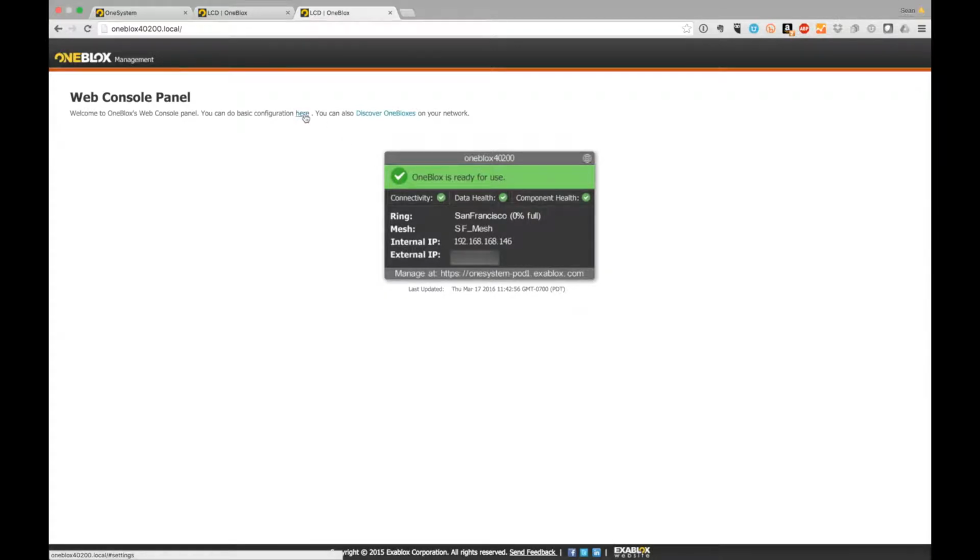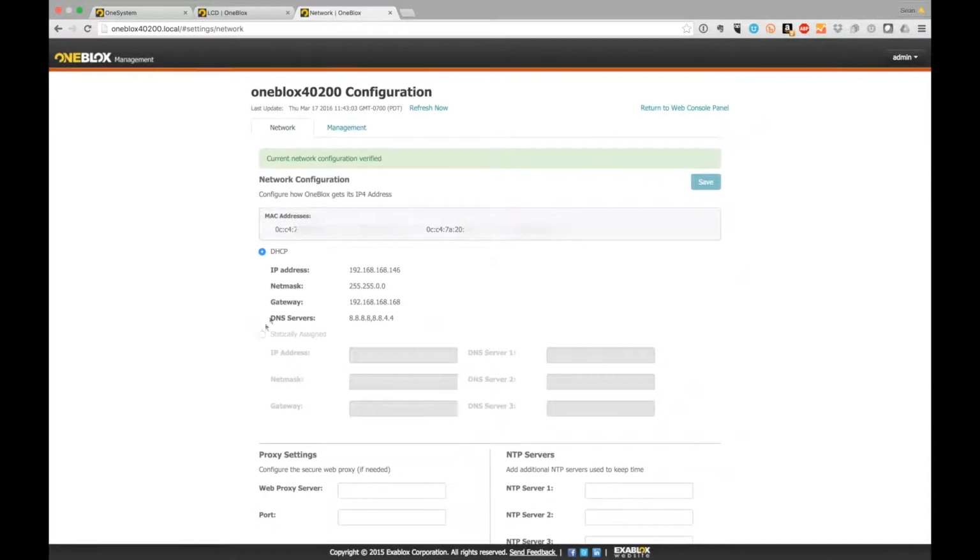So now I can click on here where I can do some of the basic configuration, and now I can actually set a static IP. In this case I have it set up as DHCP. You'll also notice the MAC addresses here for the 4 ports that are being used for this particular OneBlox. Now I can go ahead and assign this a particular IP address, 192.168.168.147, net mask of the same, 255.255.0.0. Now I can assign the gateway,